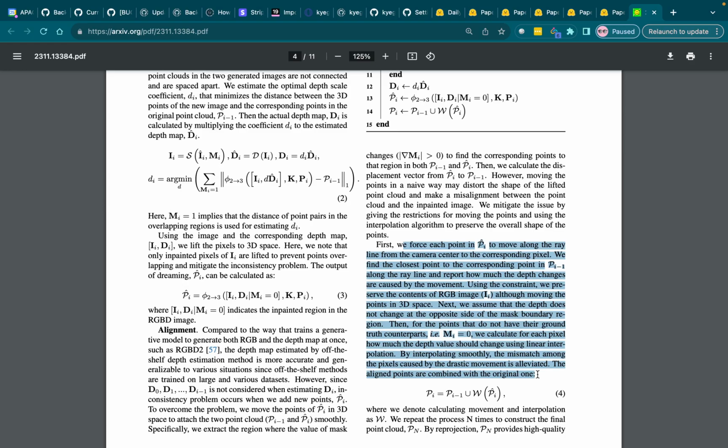model to adjust content. For the camera trajectory that we use to construct the point cloud, P sub i for i equals